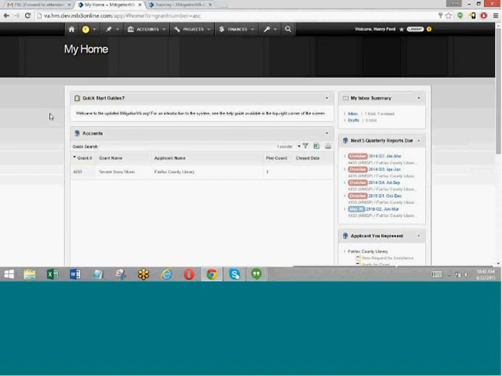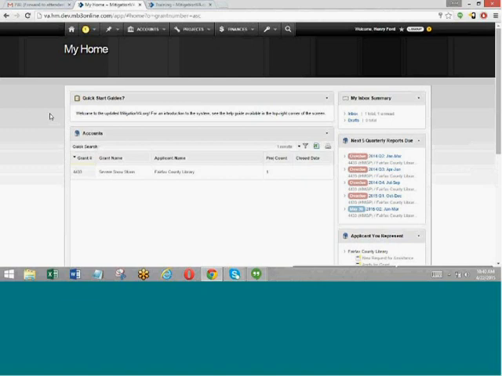In addition to getting an inbox entry, you will also get an email notification in your regular email inbox. So examples of that would be, let's say for instance you've submitted a request to VDEM, and for some reason they've returned it to you for correction. Maybe they need you to change something or add a document or whatever the case might be. If they return it to you, you'll get an inbox entry and you'll get an email notification.